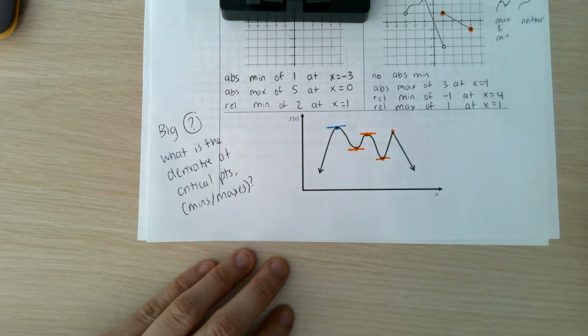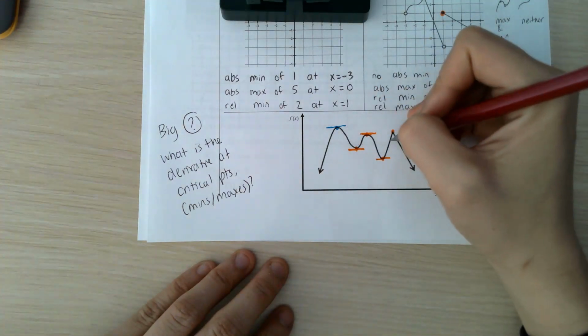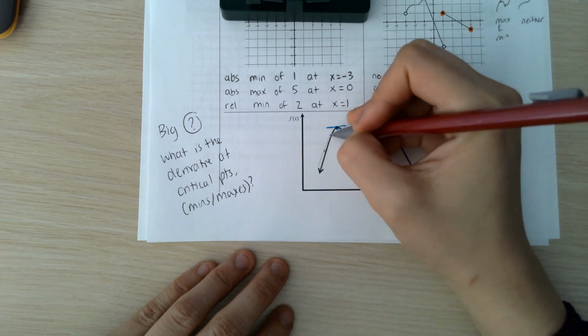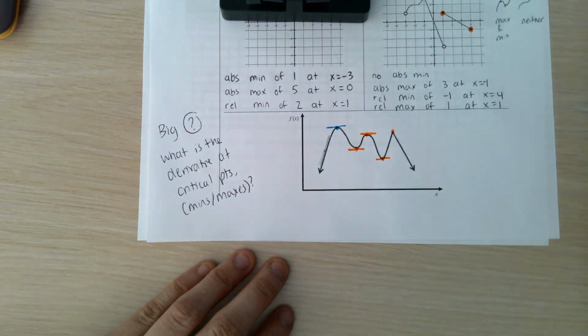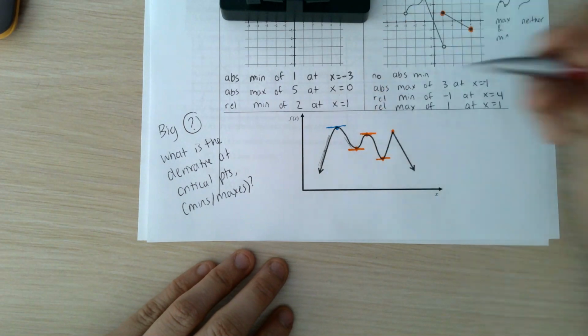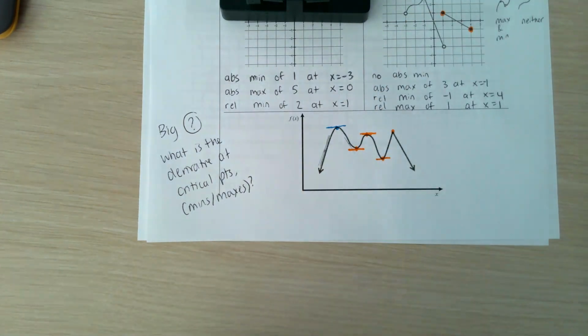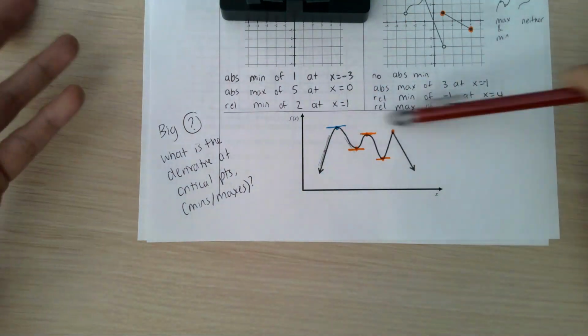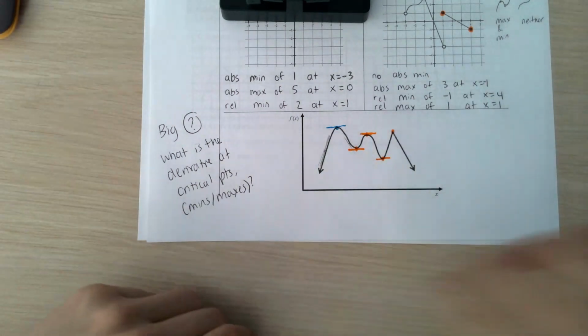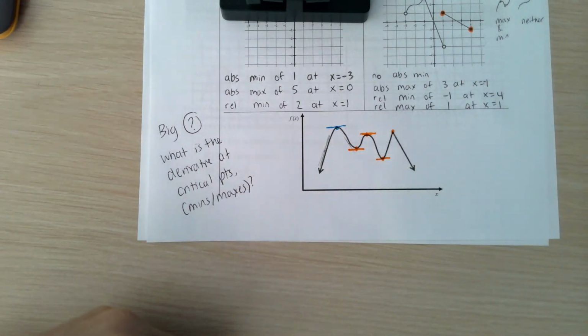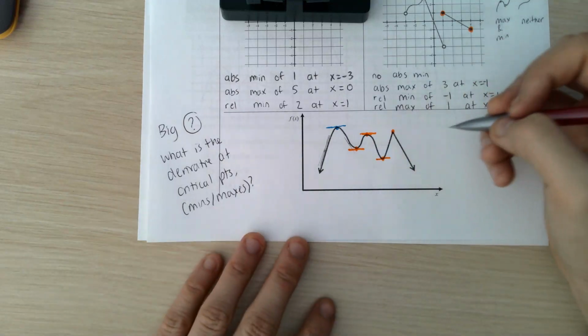Right? If we were trying to draw the tangent line right here, it would be a straight up and down line like that, right? If we were to draw the tangent line here, it would look like that. But at our critical points, we can clearly see, what is the derivative? What is the slope of that line? Very nice. It's 0, right?